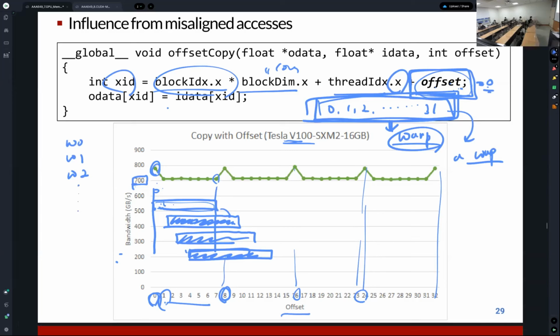So even though a warp generates 2 memory transactions, the data fetched by the transactions will be cached in the L1 data cache. So warp 0 will request this amount of data, and then warp 1 will request this amount of